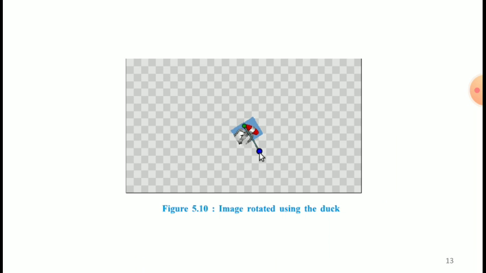And then by using the rotate duck, this blue duck, you can rotate the image as you want, figure 5.10. Observe that once an image has been inserted, we can scale, rotate and perform different operations on it. Images are always used in animations.